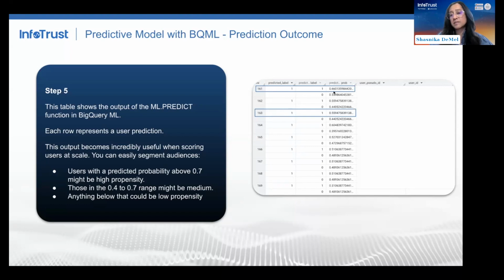So there's, let's say, a 66% chance that this person is likely to convert. And this conversion probability really helps you build upon your probability score so you can segment users into those high, medium, or low propensity groups that we had highlighted as the expected outcome of this example.